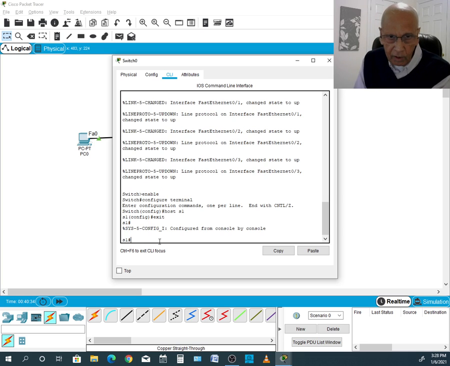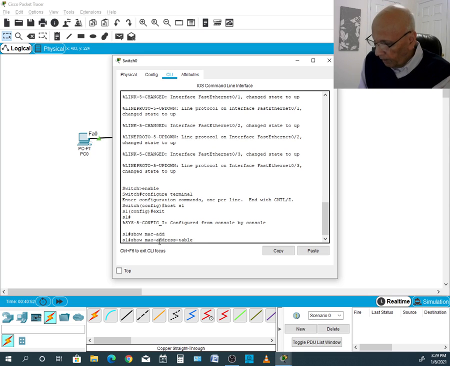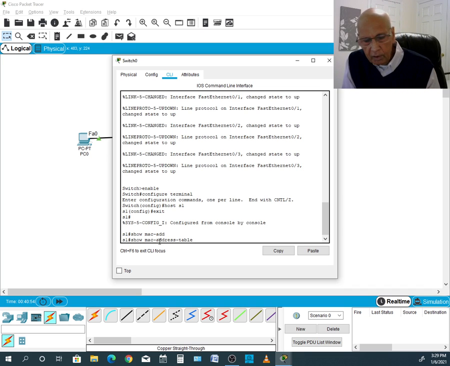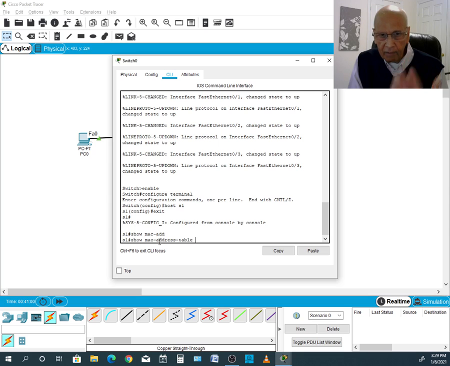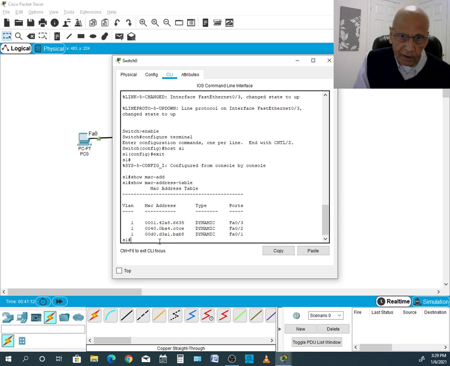And now you run the command show mac dash. MAC means media access control. Remember, layer 2 has all physical addresses. So show mac address, just type add and then press tab. The system will complete the command. At privilege mode, if I want to display what is in my switch, I say show mac address table. I want to see the table which contains the physical addresses on different ports, whatever is being connected there. So you can see clearly that the switch has picked up the 3